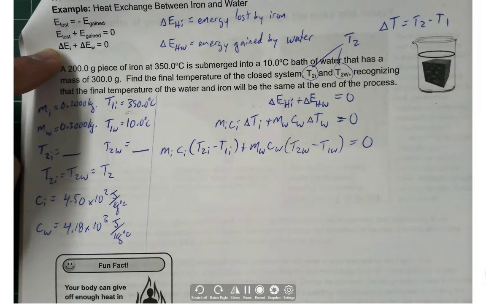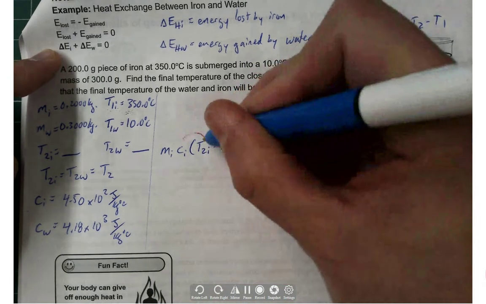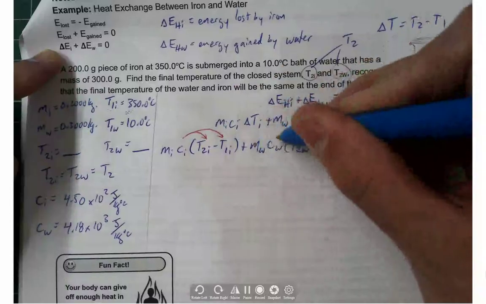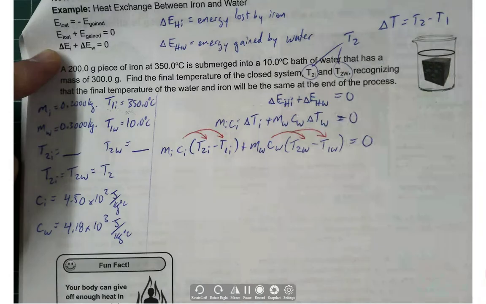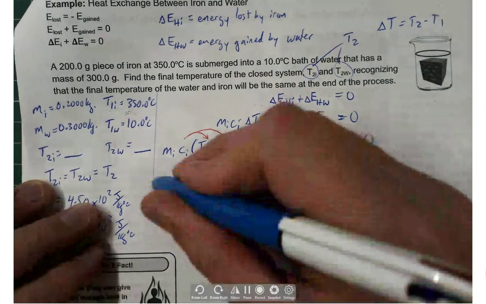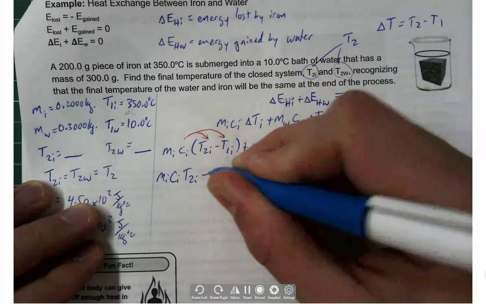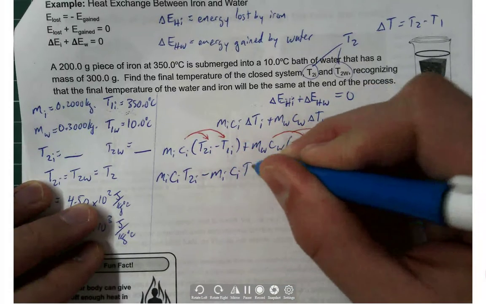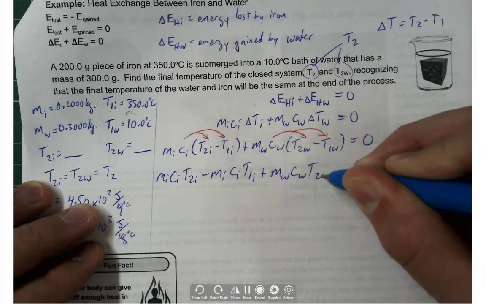And now I look at this and I think, well, shucks. I'm going to have to use the distributive property because MICI is actually a coefficient out front of a binomial. MWCW is actually a coefficient out front of a binomial. I'm going to have to multiply through this thing. Sadly, that means this is going to expand in a hurry in terms of the math. So I get MICI T2I minus MICI T1I plus MWCW T2W minus